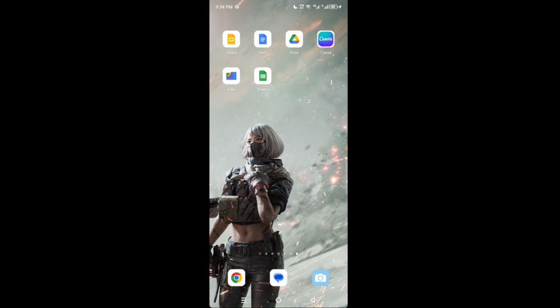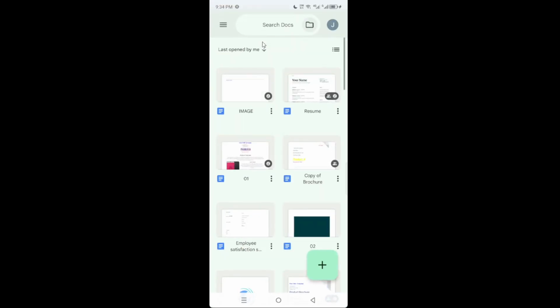Start by opening the Google Docs app on your phone. Give it a moment to load your files so everything is ready to go. Next, open the document where you want the link to live. You can pick it from your recent files or search for the title, whatever gets you into the page you